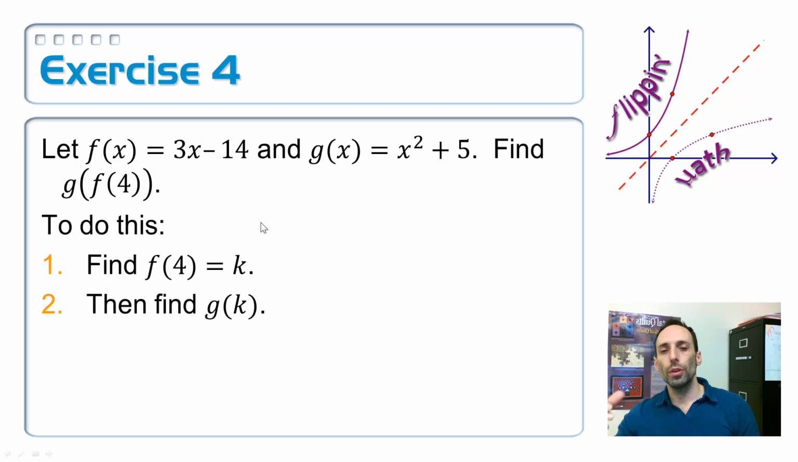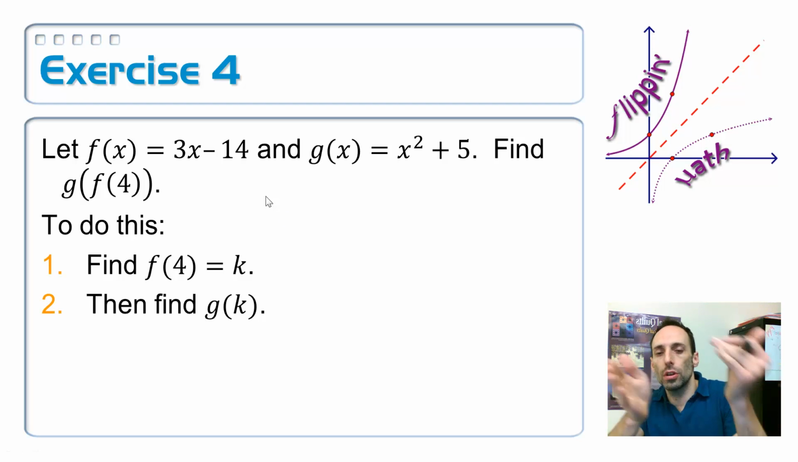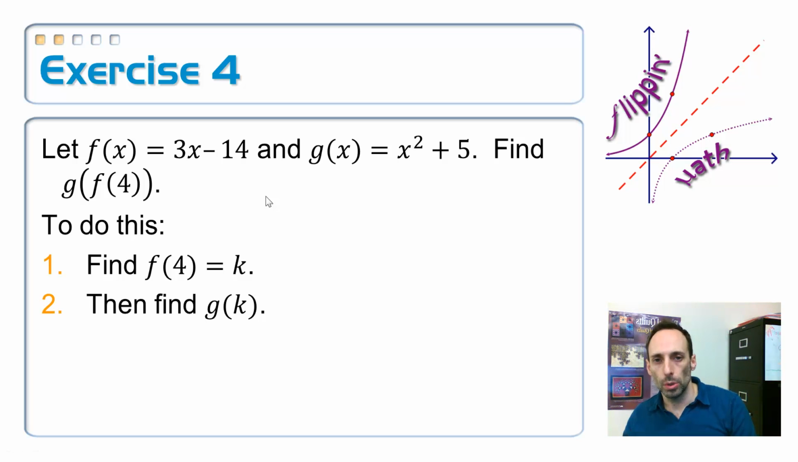So in order to do this, essentially you want to work from the inside. You want to first find the f of 4. Whatever I get, let's call it k. That answer is now your new input that you're going to put into g of x. Okay, so let's first find